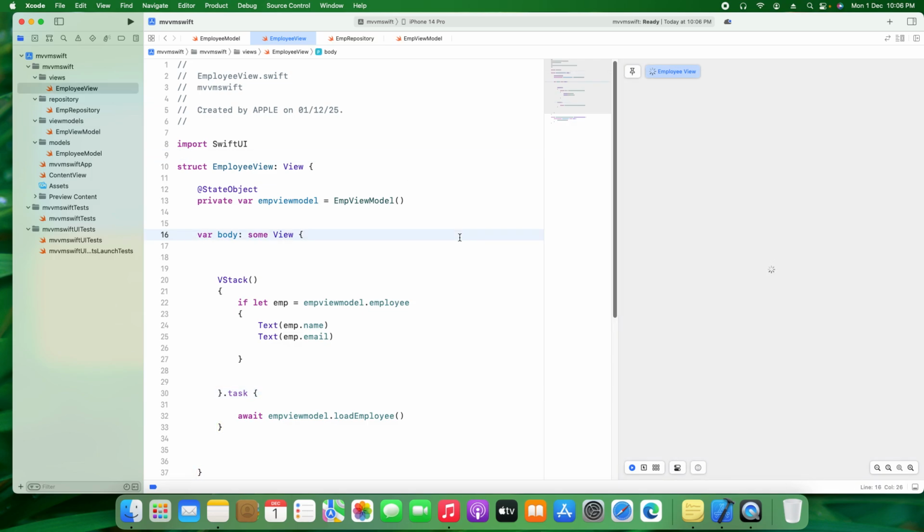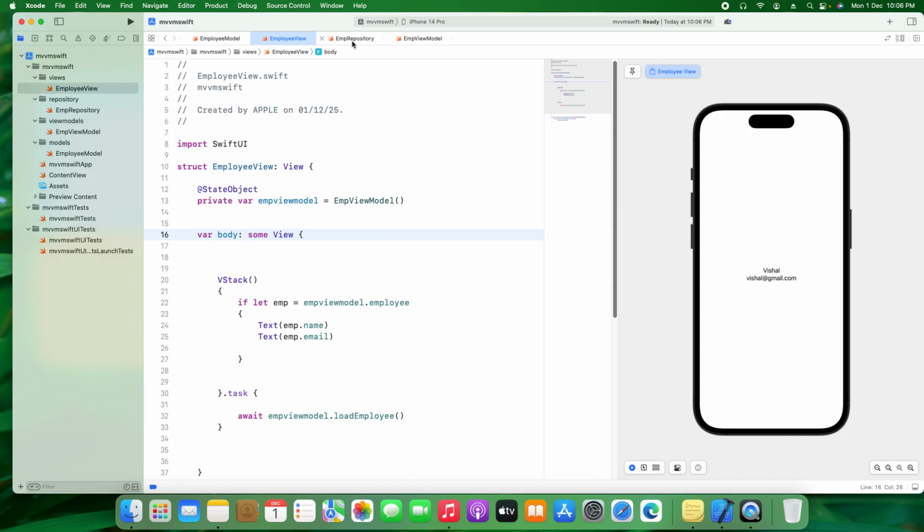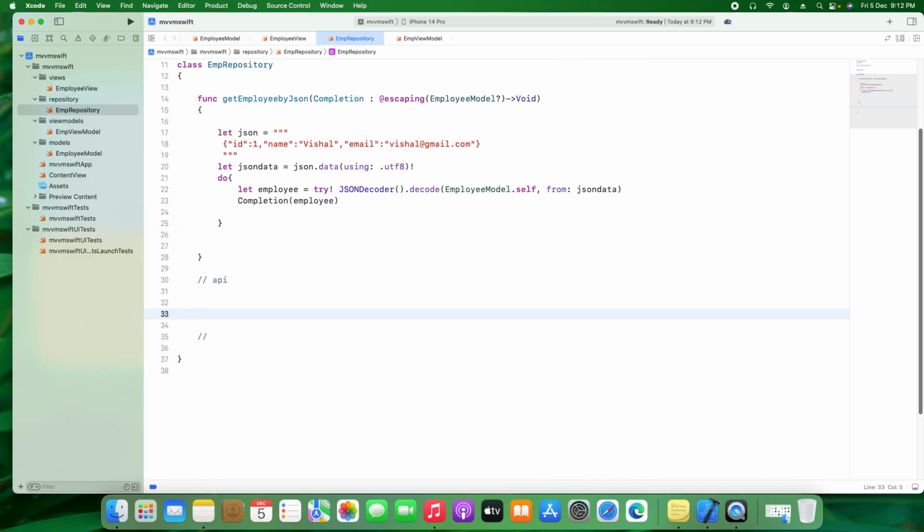Okay, and one more thing I will explain to you after this. You can use the employee repository, and under that we will call the API here. And once the API is done, let's see how we can achieve it. Okay, so let's start with the API, and here we need a get employee by ID API call, and follow the same as what we have done above, just copy paste it,